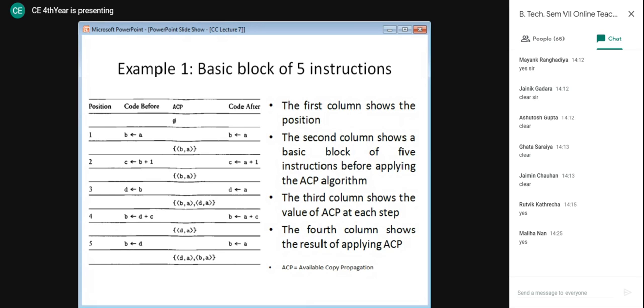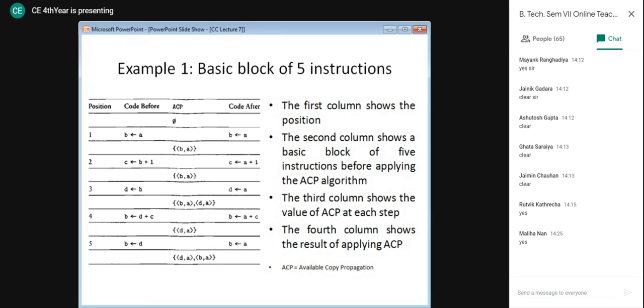Because we already have one available copy propagation that says B comma A. So D is replaced by B and B is ultimately replaced by A. So finally D is replaced by A, and hence our instruction changes to A assigned to D. Following this one? Available or currently available, all copy propagations must be taken into account. That is why we continuously maintain this ACP set. Are you all following this one?